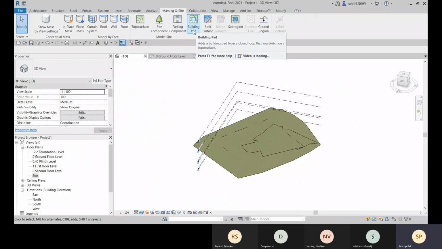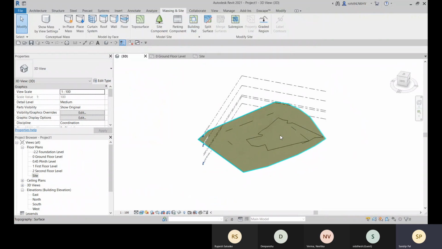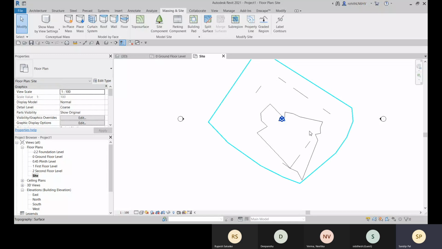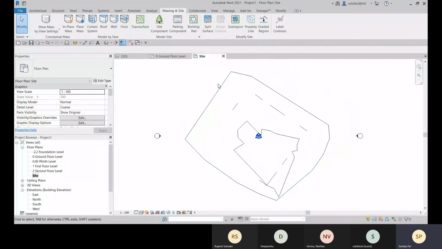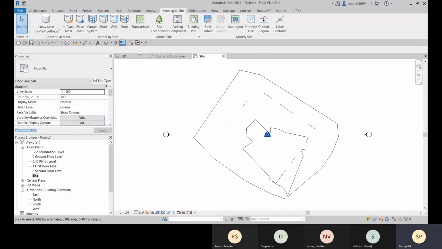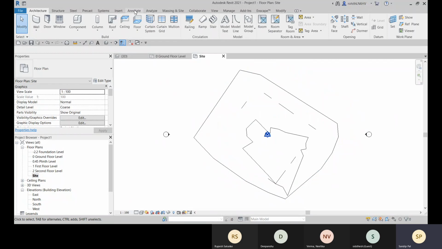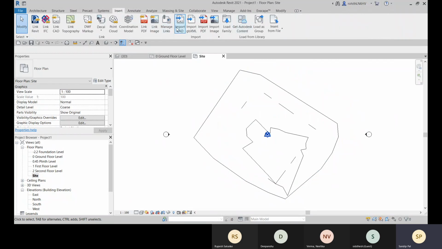And here we have some building pads. Okay, so the building pad is available here. So what will be the building pad area? For that, let me go to insert again, then go to import CAD or link CAD.